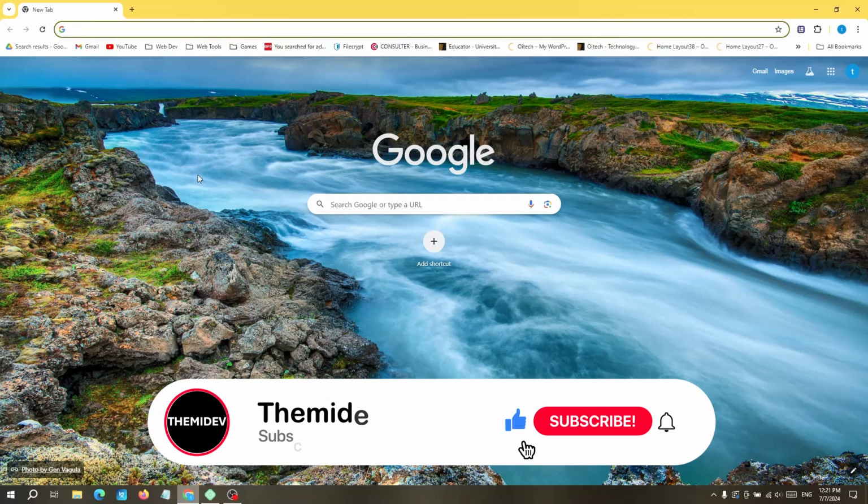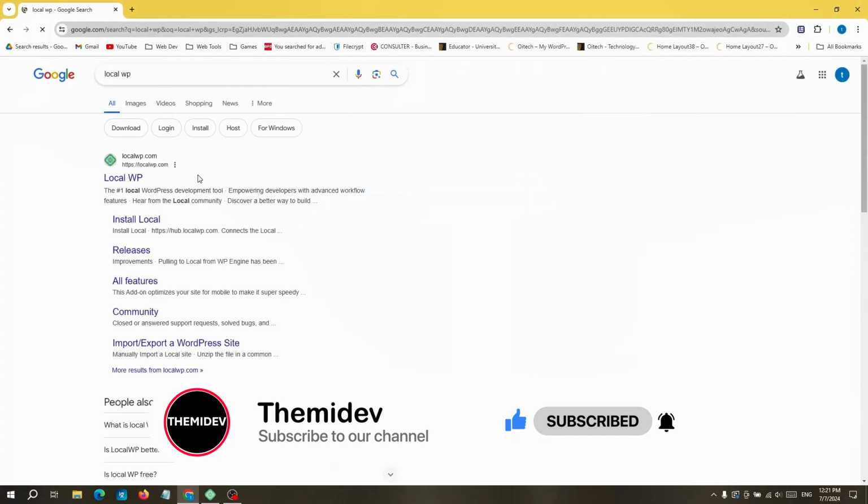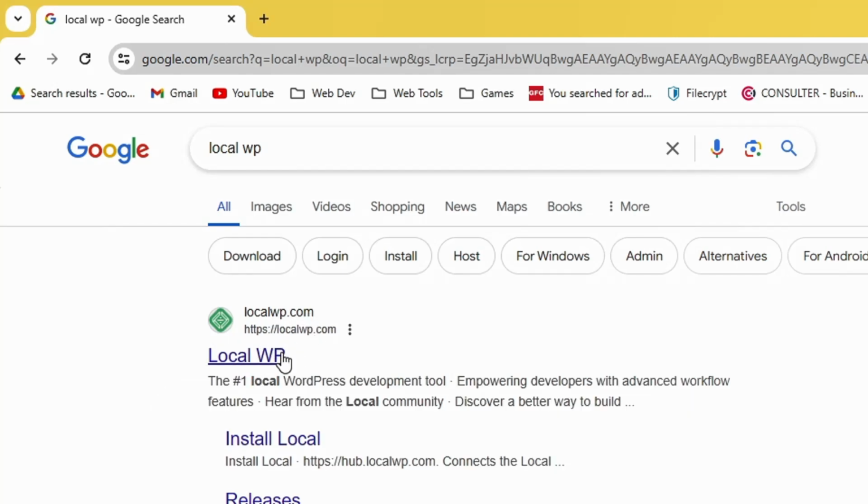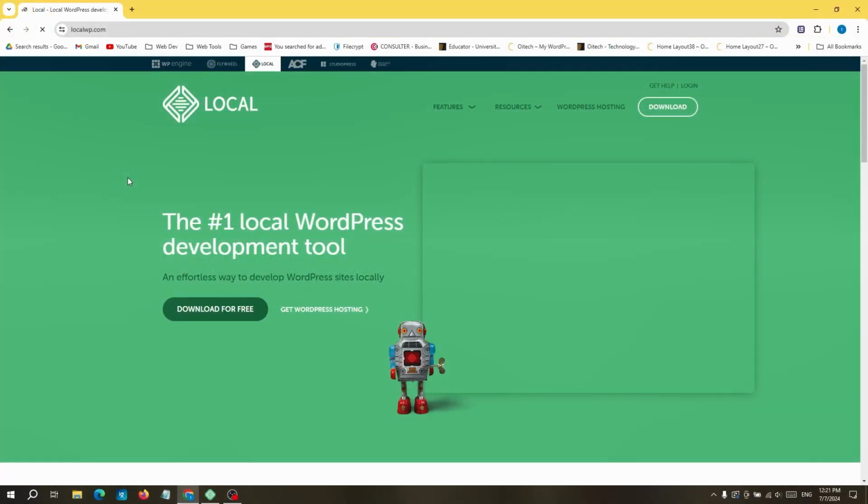So today we are going to talk about WordPress local installation on your PC. First step should be search on Google local WP, and next you can click on local WP. Here you can see now my screen in